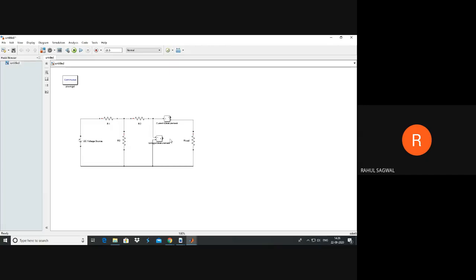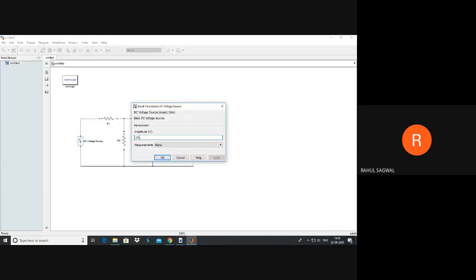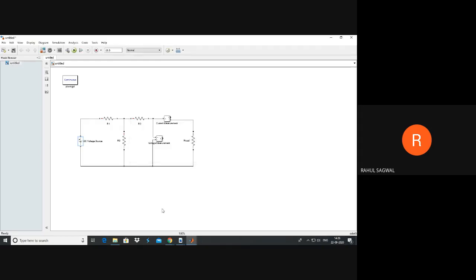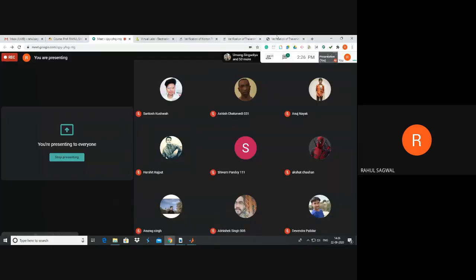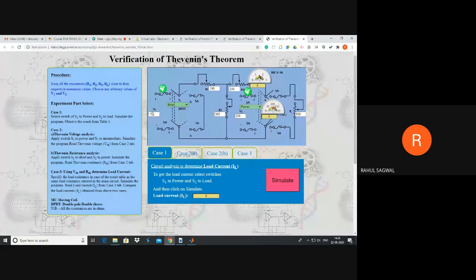Okay, so next what we are going to need, first let's set this voltage. I guess their voltage source was of 110 volt, so we'll be using the same voltage here also. You can verify these values in your virtual lab circuit. 110 volt DC source, 100 ohms R1, 200 ohms R3, 300 ohms R2.